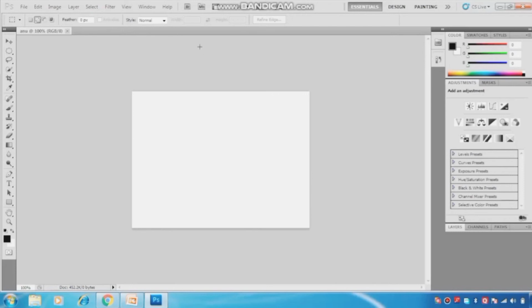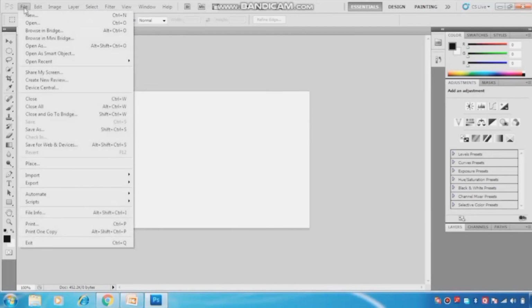Okay, now the next is how to save the Photoshop file. Once you have finished working with the image, now the turn is to save the changes, means to save your file. To save your file you just have to click on the file option again. From here you have to click on the save as option. The shortcut key of the save as option is Shift+Ctrl+S.